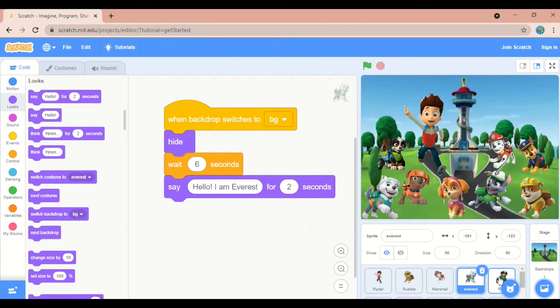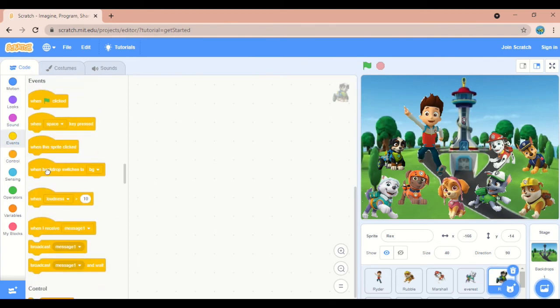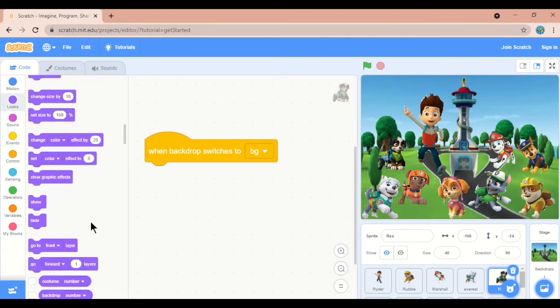Then take the next character, Rex. Okay, you can't see this properly. Rex, okay. So Rex character, this one. Do the same for Rex also. When backdrop switches to BG, it should be hidden first. Hide.